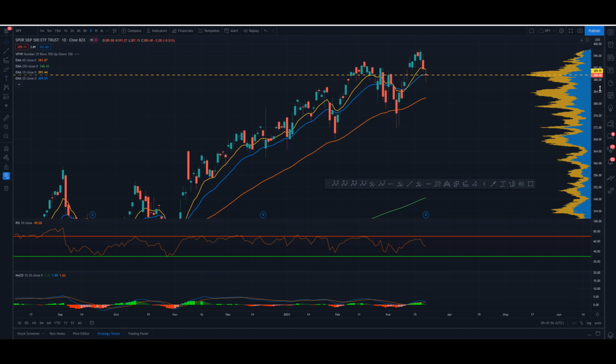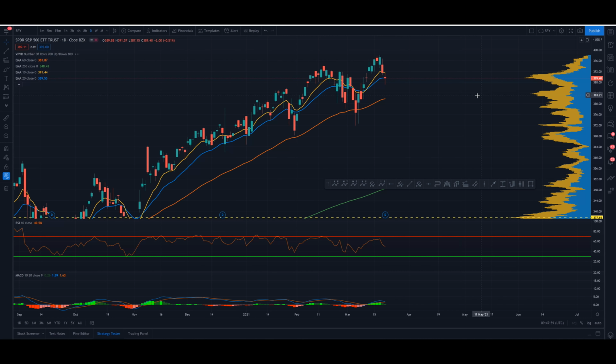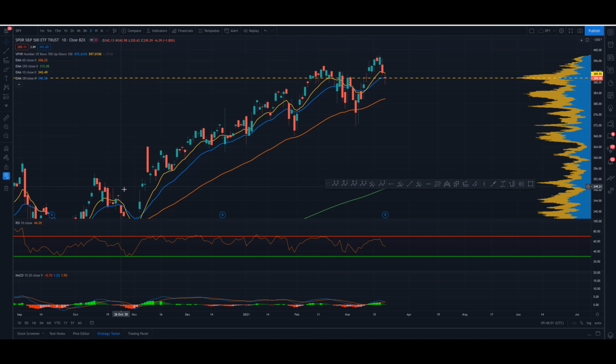Right, so what is interesting over this recent period here is when we start to push to new highs, or we start to get overextended, what's quite normal to see is that the volume